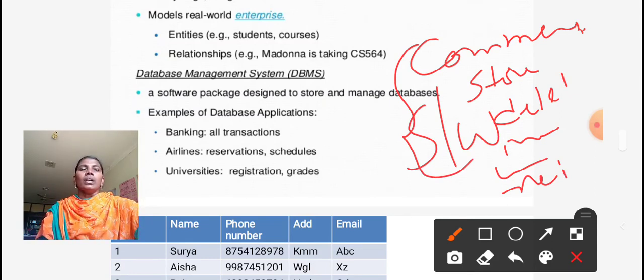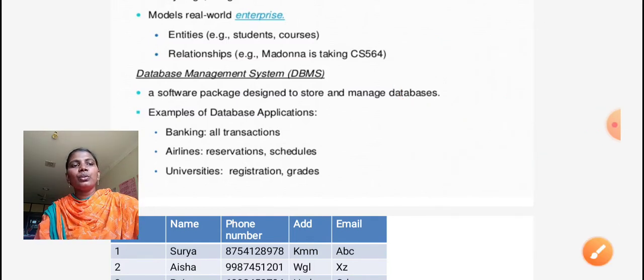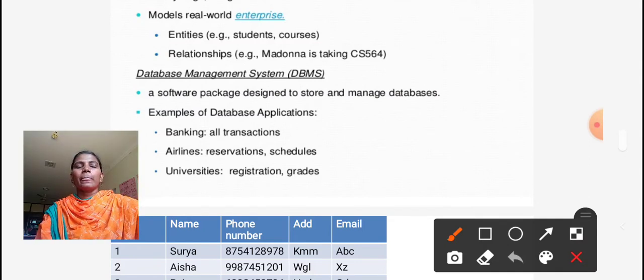Once again, the database management system is a commercial software used to store, retrieve, manage and delete the data values.